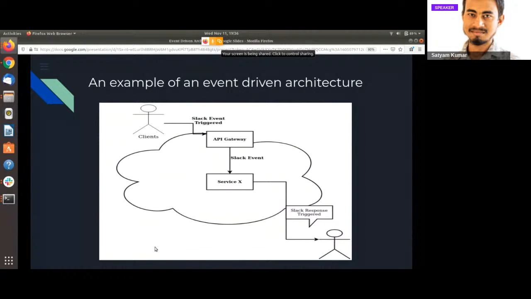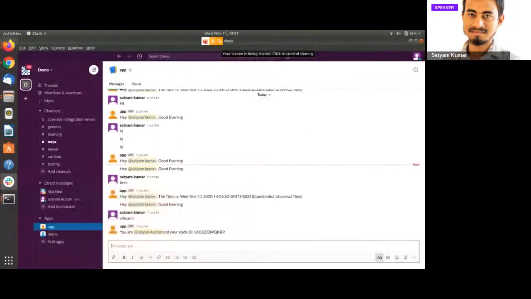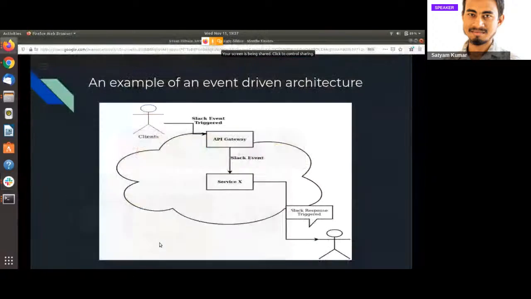There might be some machine learning models which will respond to the messages provided by the user, so they will get some sort of dynamic message in the response. After that, we are again triggering an event which goes back to the Slack server, and Slack is just populating that particular response, which it has received from our Slack bot server, to that particular user. So yeah, we can say it is a basic, small, working event-driven example.